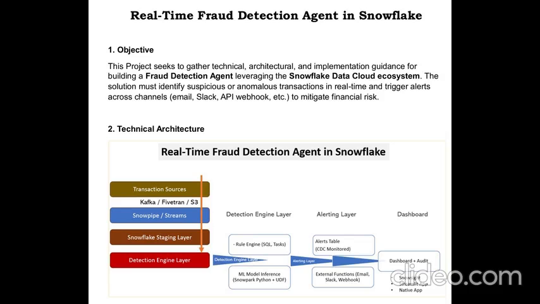If amount is over 5,000, add some points. If location is in a known risky list, add 0.3. If payment method is crypto, add another 0.3. You get the idea. It calculates a cumulative risk. Okay, so you register that Python function as a UDF in Snowflake. Exactly. Then you modify your detection task, detect_fraud_rules. Now, it not only applies the simple SQL rules, but also calls your ML score UDF on the new transactions from